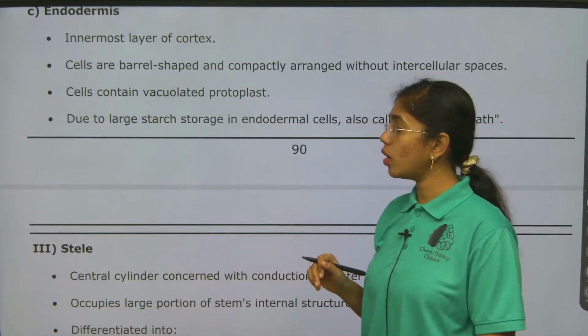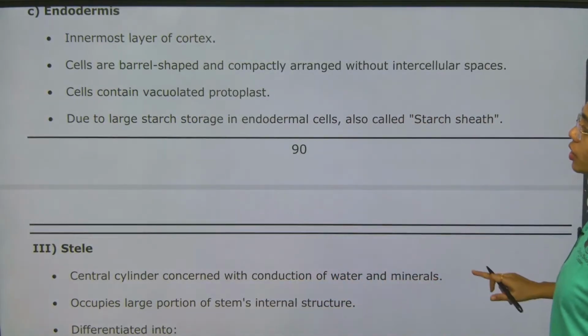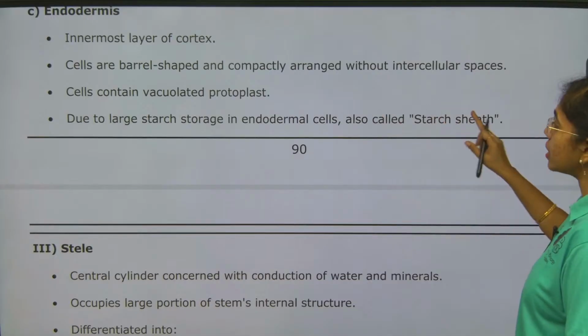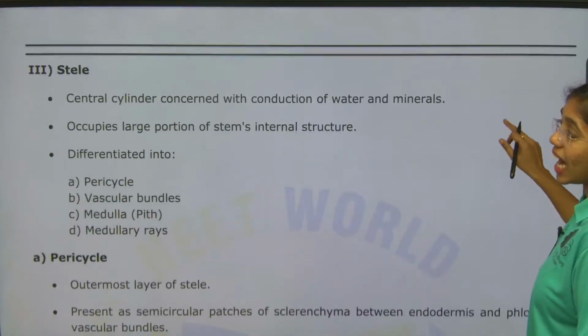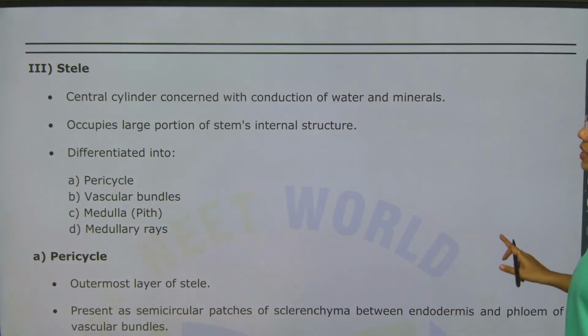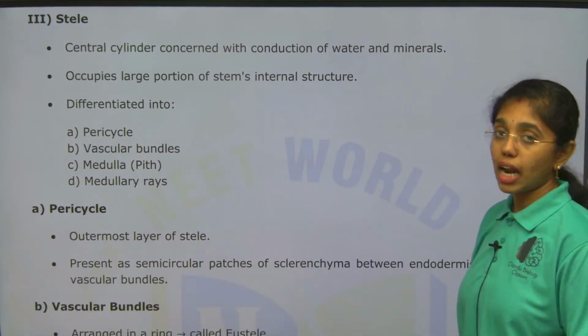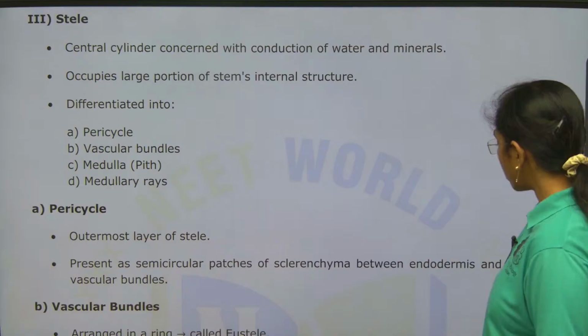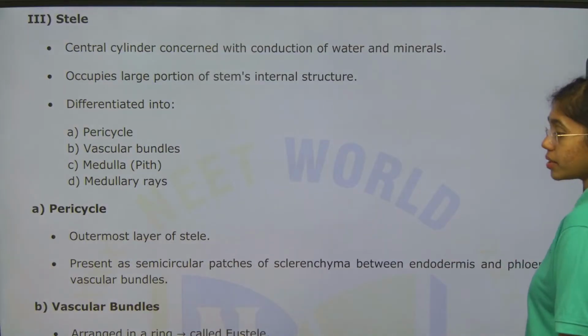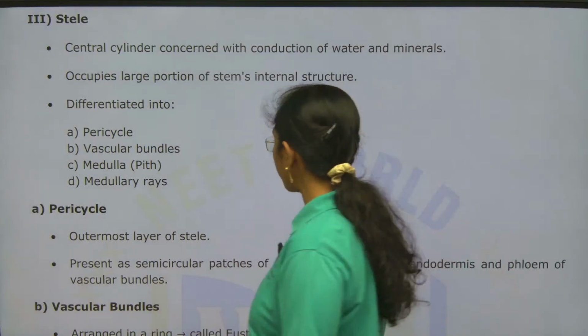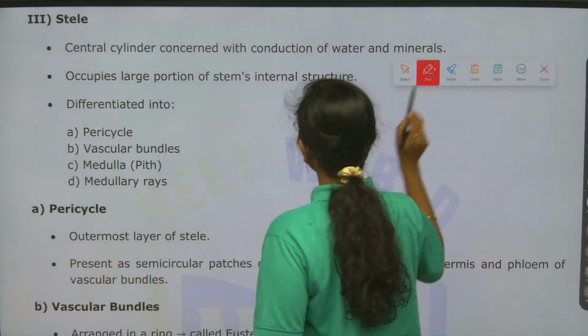They will contain a vacuole inside. Due to large starch storage, endodermal cells are also called as what? Starch sheath. Okay, they are also called starch sheath because they store starch in them. So, clear with the cortex, right? In the cortex region, it is differentiated into 3 regions. What is that? Outer is